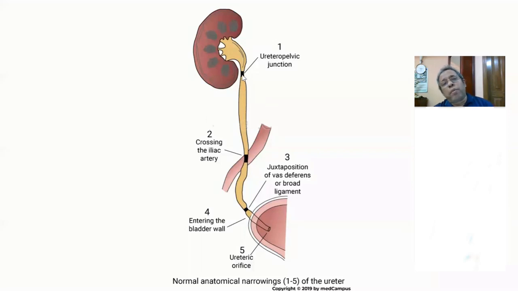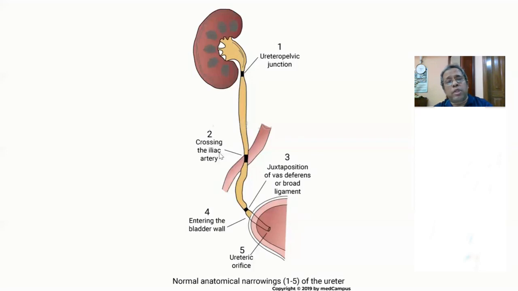But whenever a stone obstructs the ureter, that obstruction causes back pressure changes over the pelvis and calyces, causing hydronephrotic changes. So the constriction sites: the ureteropelvic junction is one of the sites of constriction. The other site is where the ureter is running down and passing the